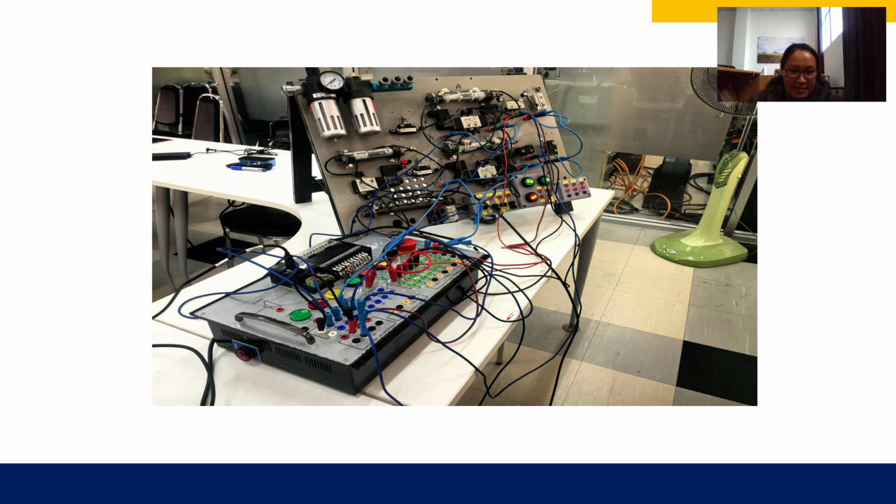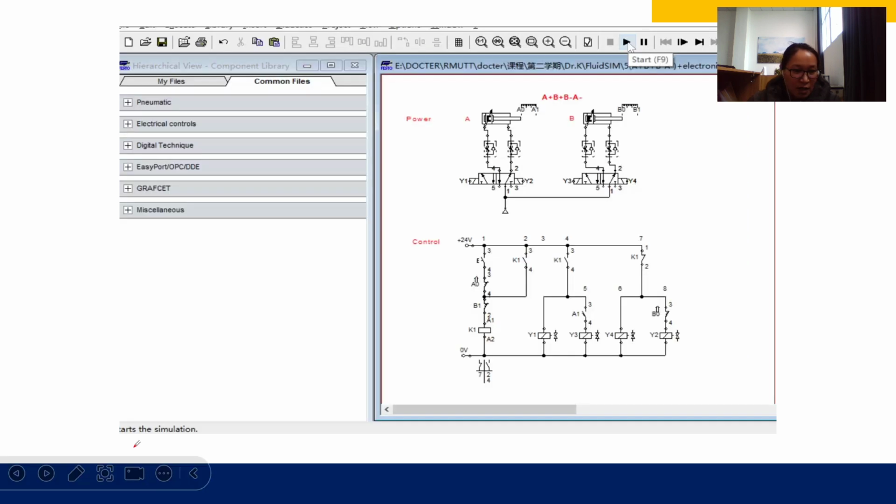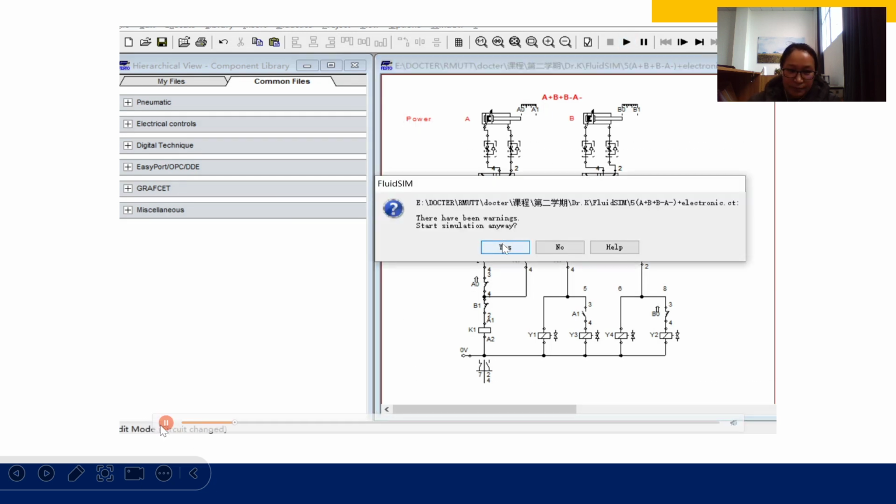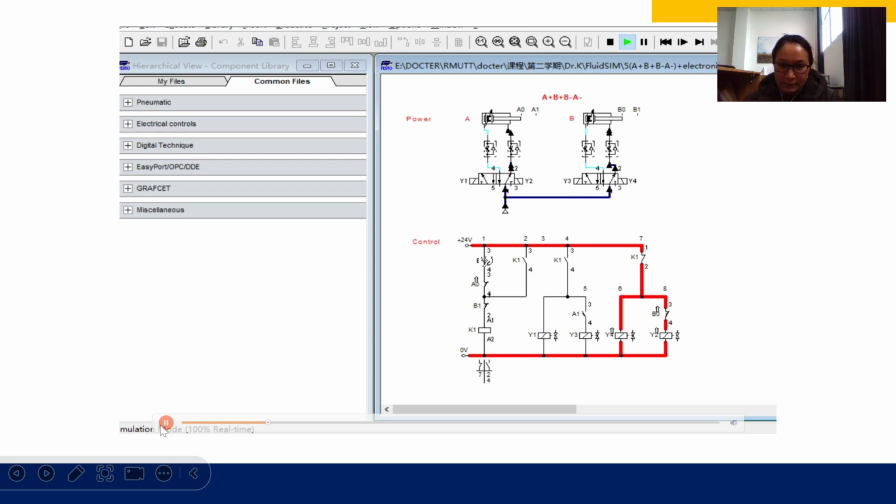Now, let's see the physical connection of the PLC and the valve and the piston, like this picture. Now, let's see the simulation video. Push the button.